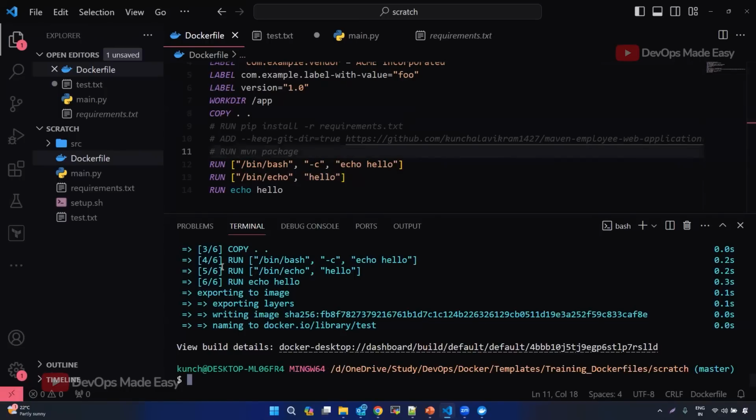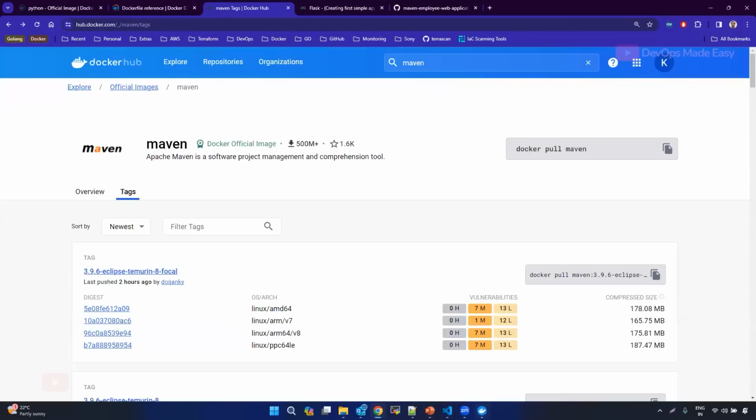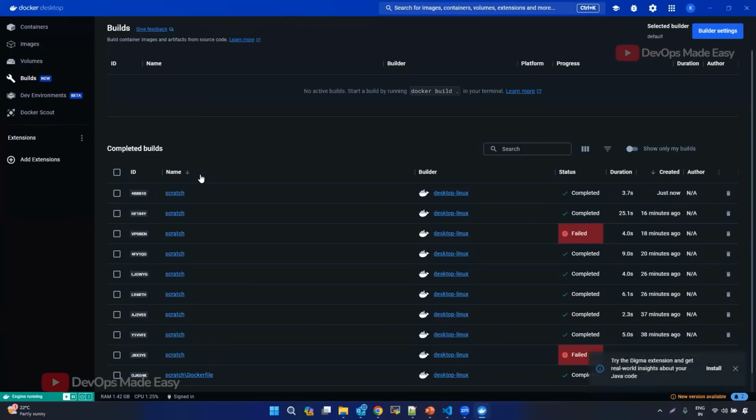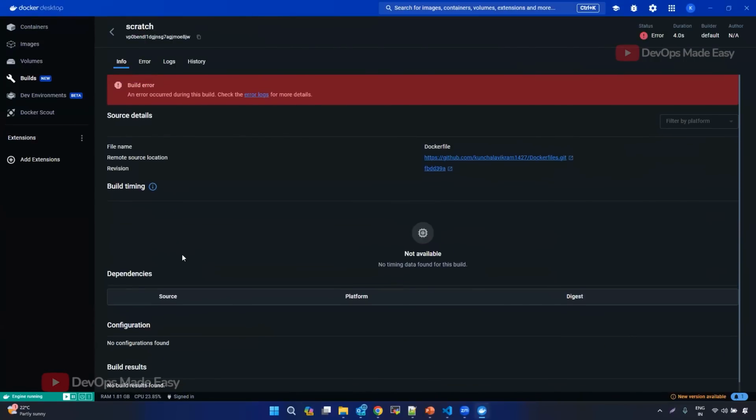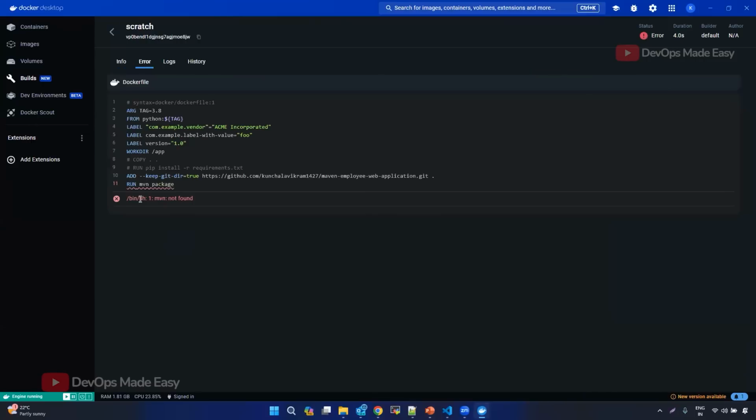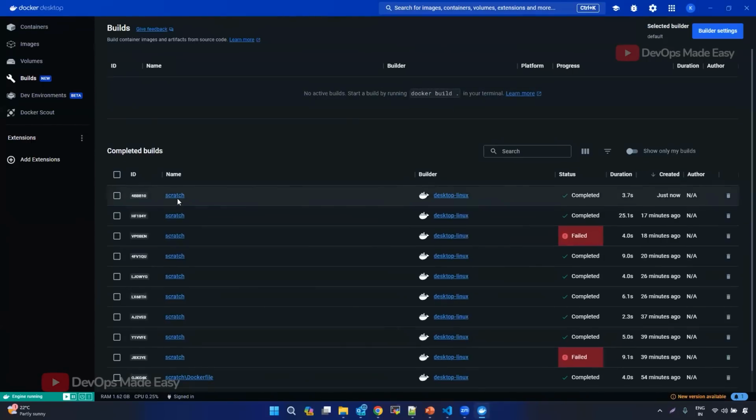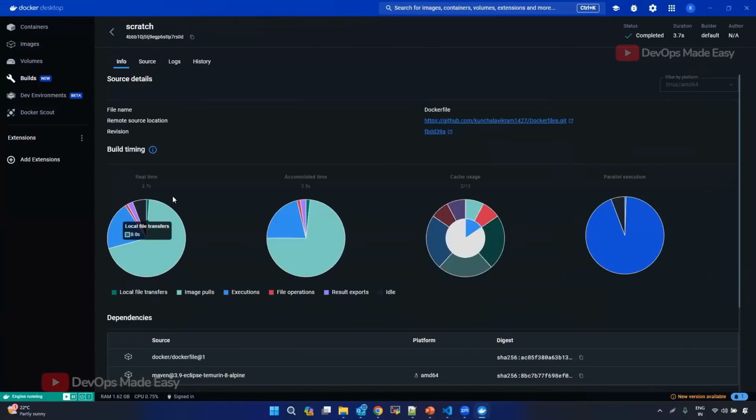Okay, if you see it, it did not show us anything. So, see, it failed last time. I think when we tried to do MVN, it failed, right? This one. Last time it failed. So this time,